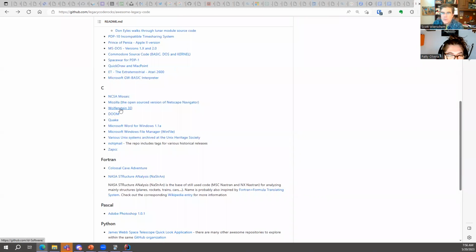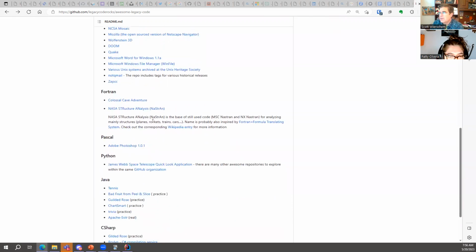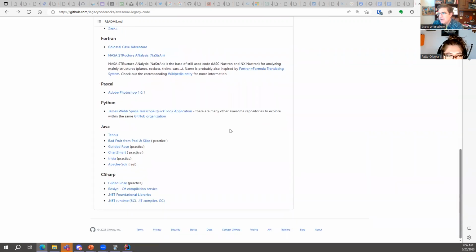You can look at Wolfenstein 3D or Doom. These are some cool games. See the original web browser, Netscape Navigator. You can see the NASA structure analysis tool in Fortran, and the original Adobe Photoshop. All kinds of cool stuff.